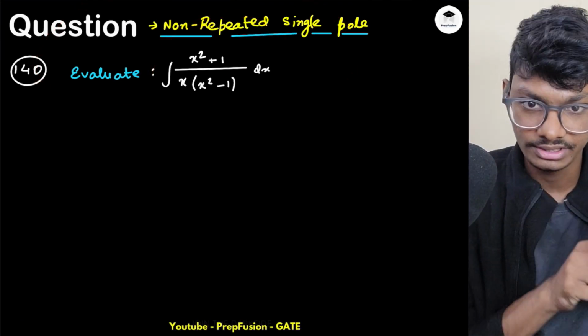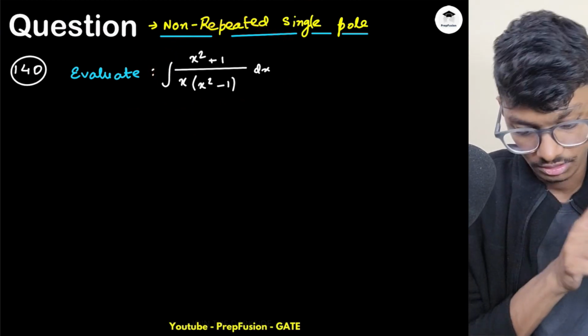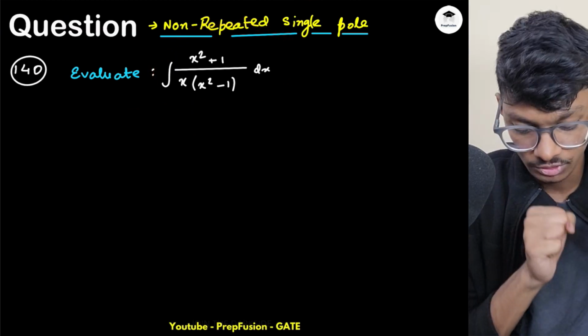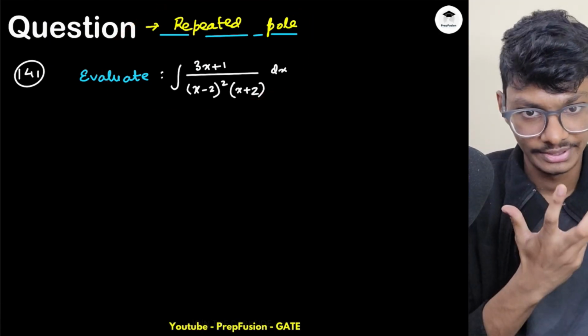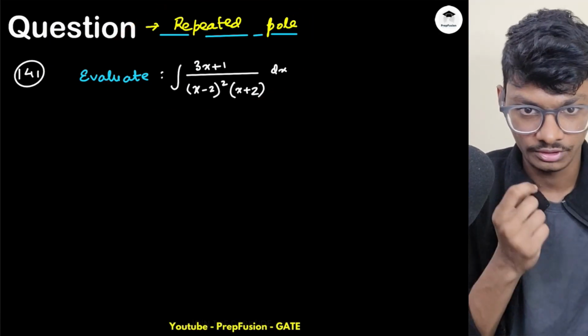This is for non-repeated single pole. When I have multiple poles but they are not repeated. And here if I have repeated poles, so you try to solve this if you already know what are